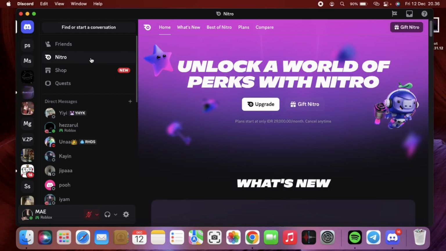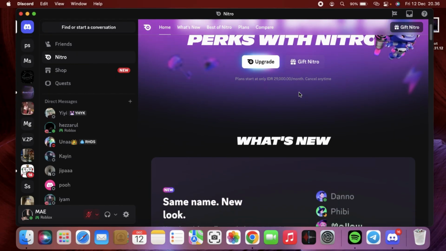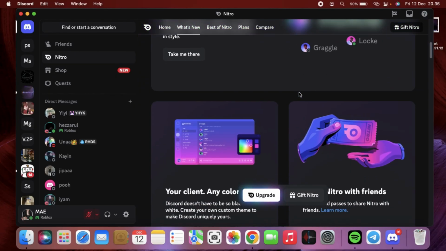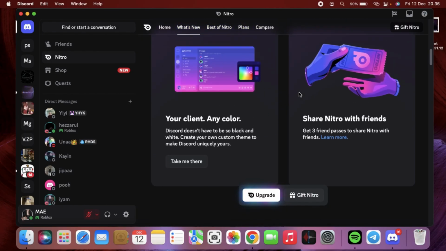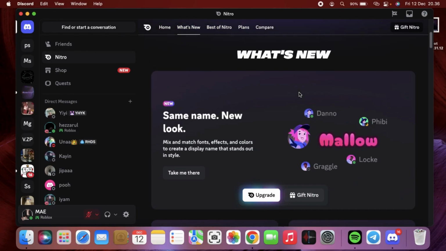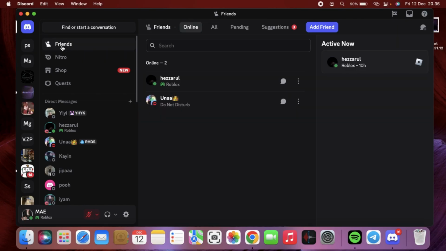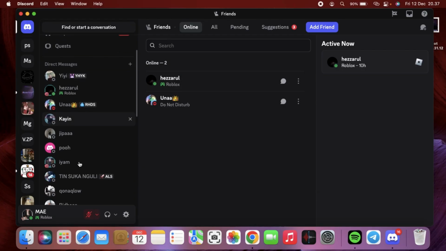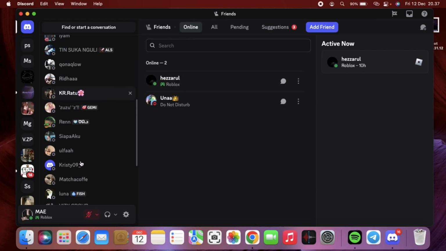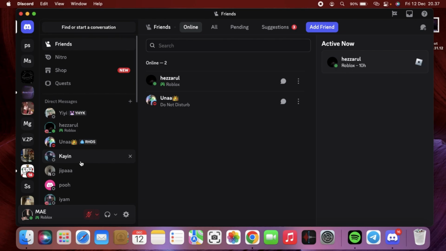If you open the Nitro in here, you can check what benefits Discord gives to you. Like you can upload about 50 megabyte files and also other